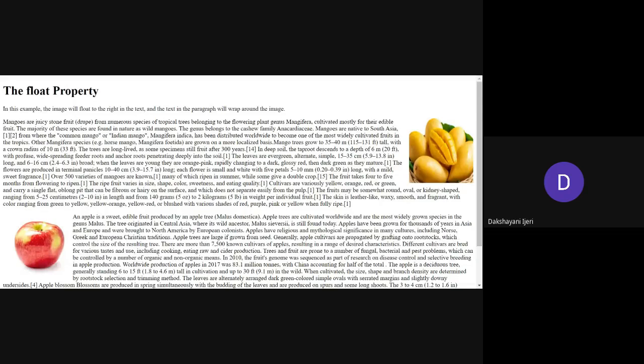If you have any paragraph for which you want to put a border or a background, and you feel that it can be fixed at one position with a specific background or border, you can even apply the float property to the paragraph as well. Even the heading also.